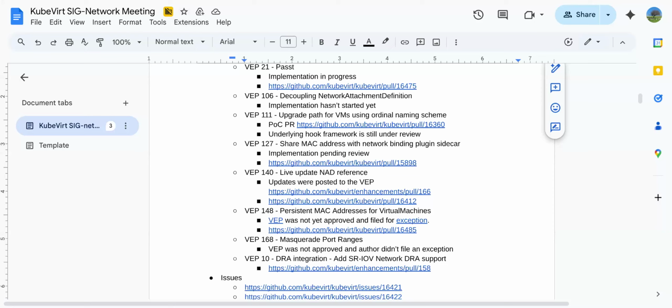So what we're going to do is basically perform a replacement, and instead of using the query from KubeVirt, we're going to rely on that external tool.